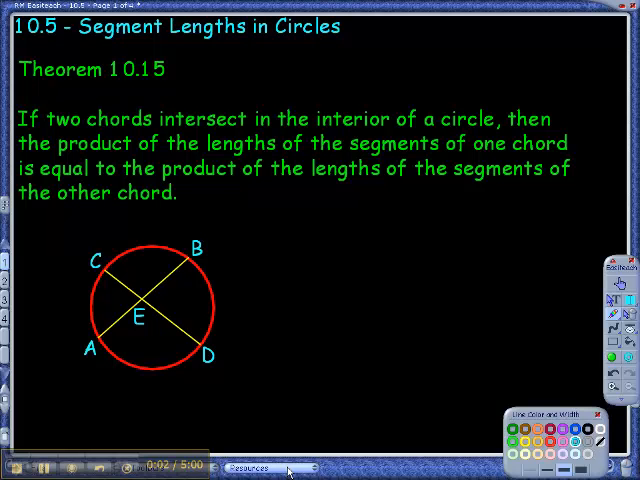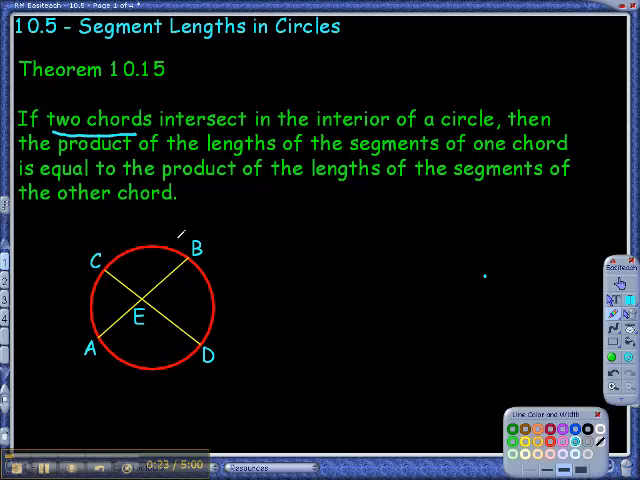Alright class, today we're in section 10.5, which is segment lengths and circles. We're going to be taking a look at a couple of theorems today and some vocabulary too, just to make sure that we understand when there's segments within our circles, what happens with them and what kind of special relationships exist. The first theorem we're going to be looking at, 10.15, it says if two chords,